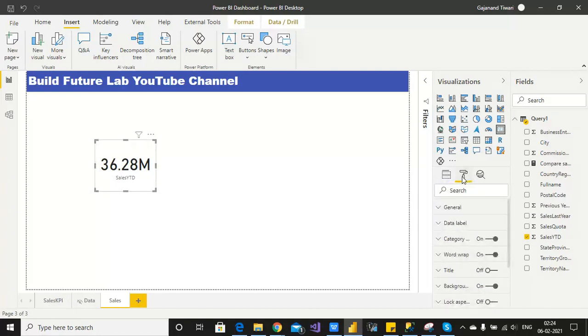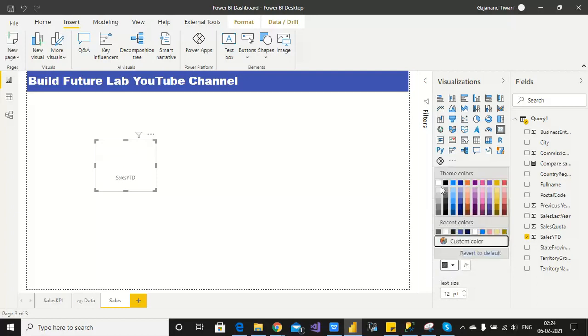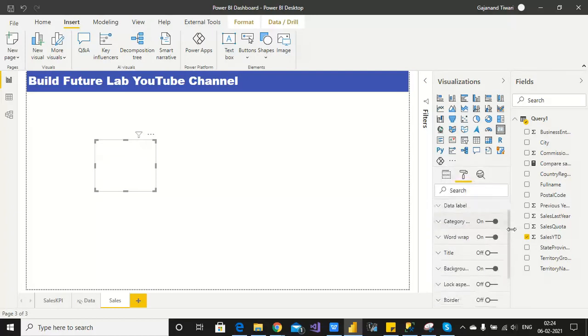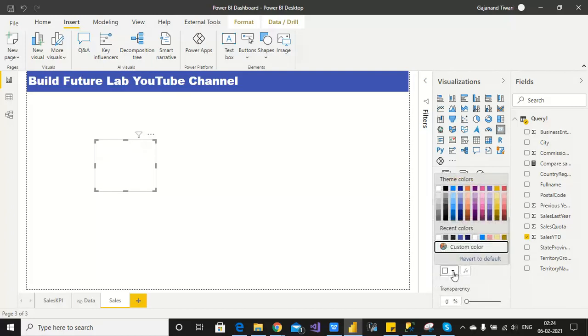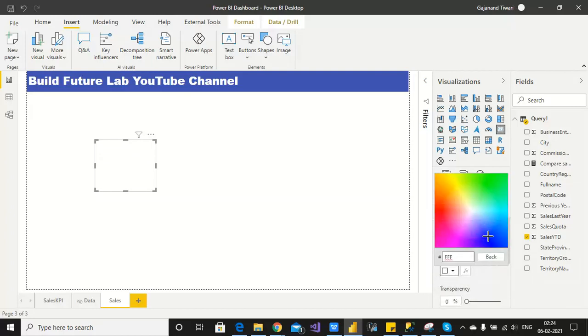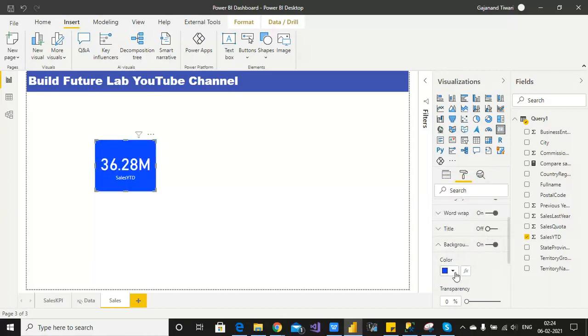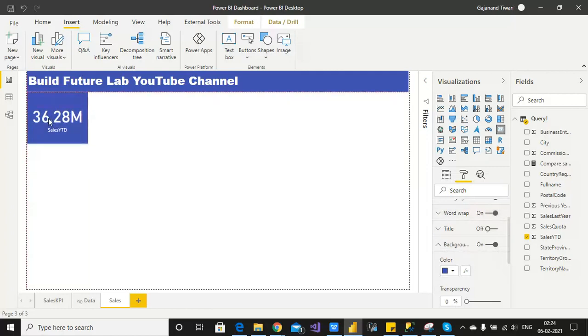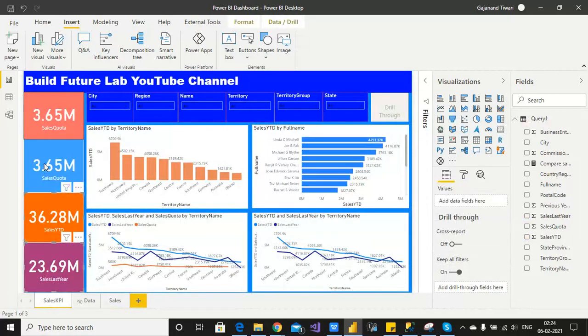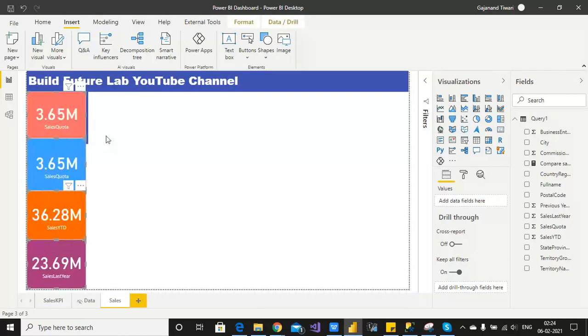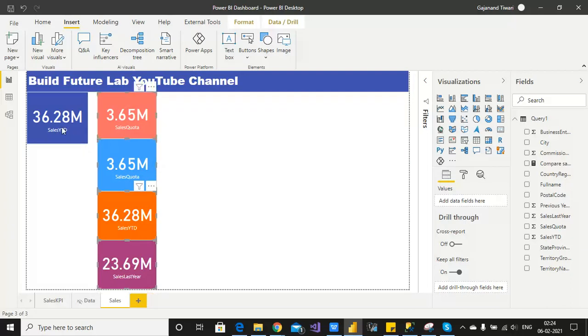For formatting, start from the data level, which we already have, and I want to change it to white color. Then come to the categories, and I want to change that to white color too. You will understand shortly why I'm doing this. Then change the color. I want to give a different color here, so I just gave it. Also you can change it from here. Then adjust and keep it here. In a similar way, I'm going to copy and paste the others. So let's copy and paste. We don't have to waste time. The way that we created this, you can create each and everything.